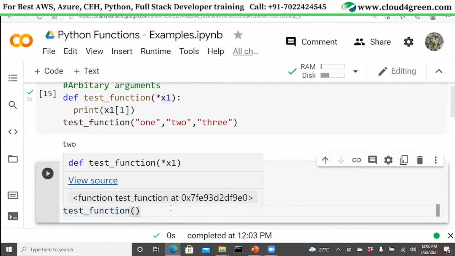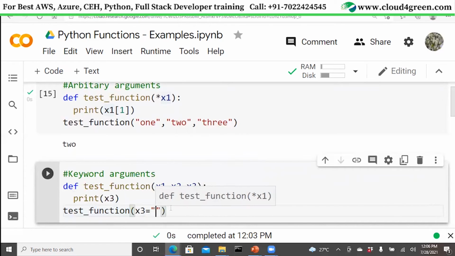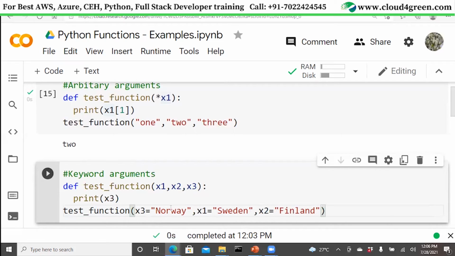For example, I can say x3 equal to Norway, then x1 equal to Sweden, and x2 equal to Finland. I don't have to use a specific order. Normally the order is followed, but when I use keyword arguments, you don't have to worry about the order.